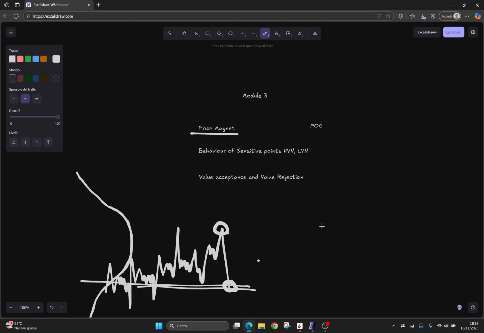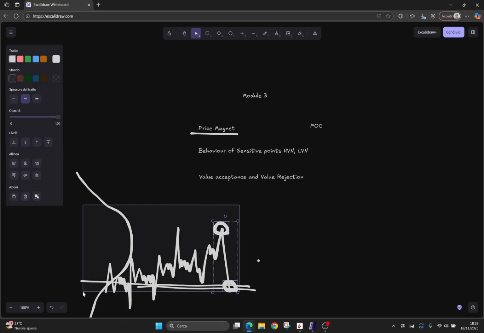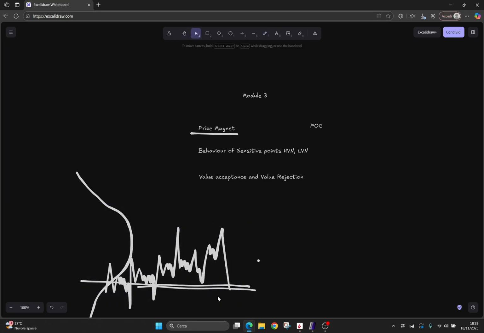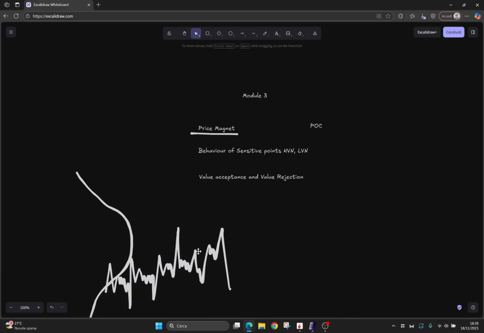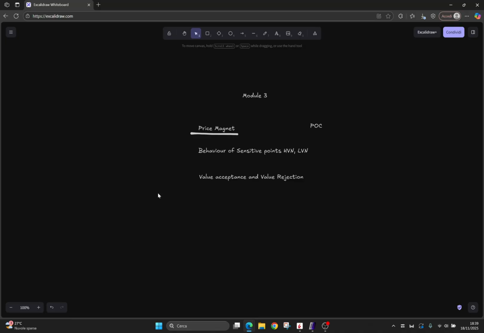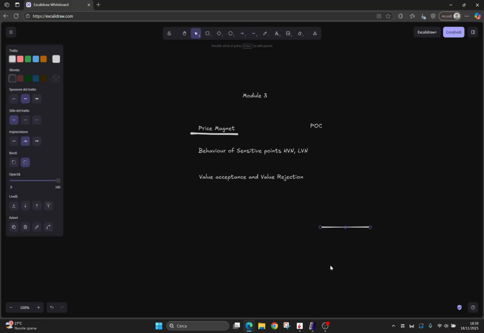It can be magnet or it can be rejection. When it is rejection, you need to understand this really clearly because we will go through practical examples of this. When you are in the profile, so you are closed inside, it acts as a magnet. When you go out, and you need to think about this because this is really important to understand, okay? When you have a shape here,